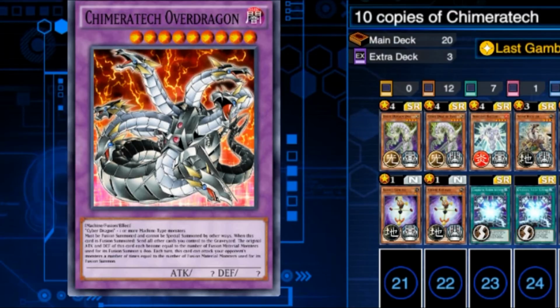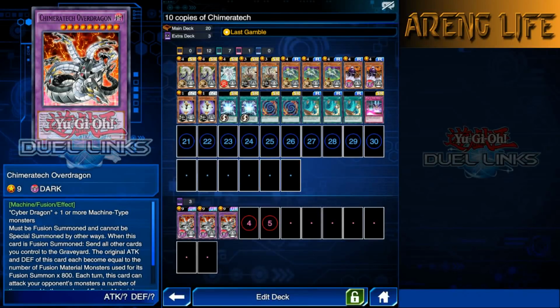Today we're jumping into ranked once again, and this time we're using a Chimeratech Overdragon Last Gamble deck. Now, I was messing around with this, trying to make a deck for Chimeratech. I tried making a kind of ancient gear type deck, but it was way too slow. At that point, why even run the Cyber Dragons? Just run ancient gears. So I messed around with a lot of things, but in the end, I came down